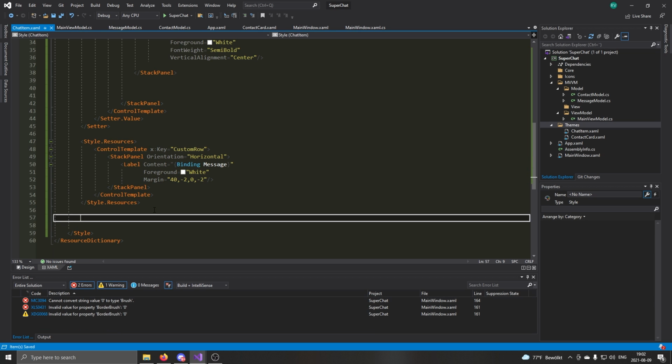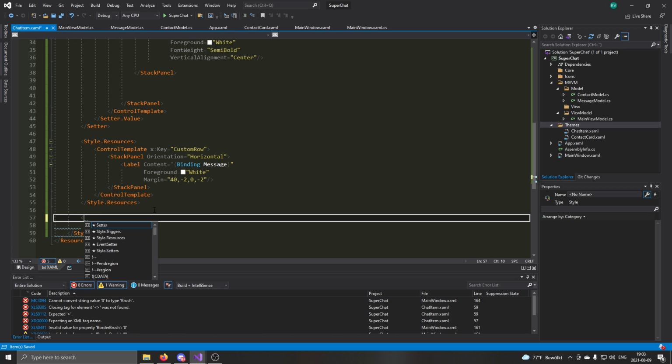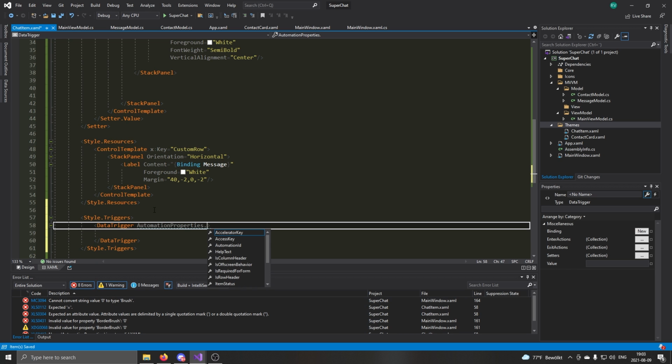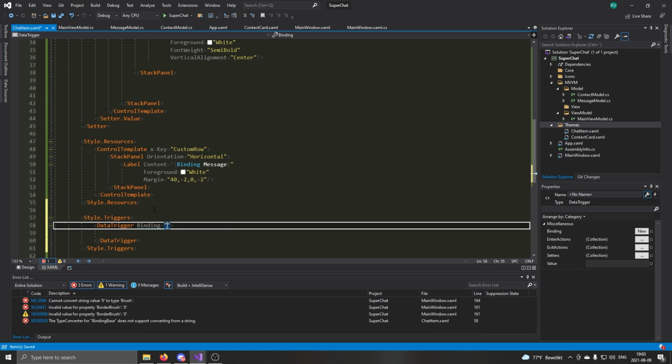And now we're going to implement something that actually checks for whether this is the first message, when to use the style with the image and when not to do so. And that's so easy. Using data triggers is one of the coolest things with WPF. I'll show you right now. So we'll do style, data triggers, add a data trigger, the binding is going to be binding, and we'll do first message,